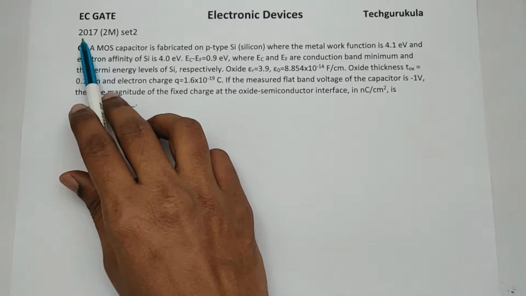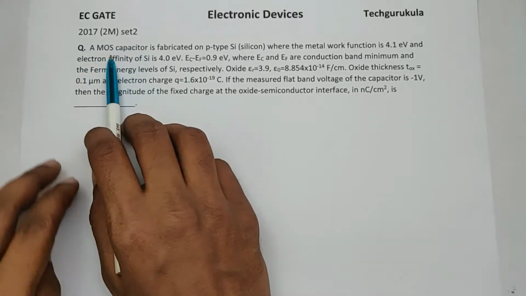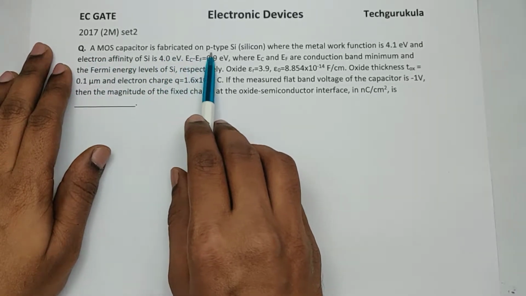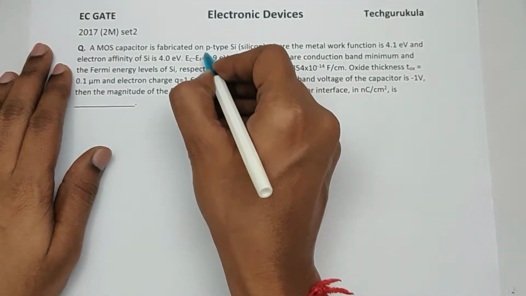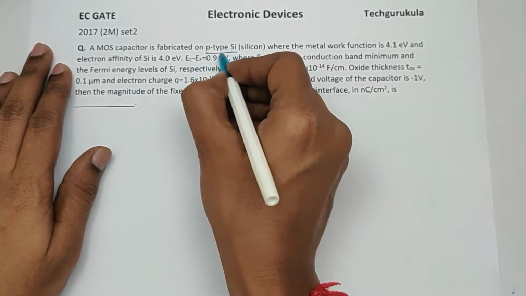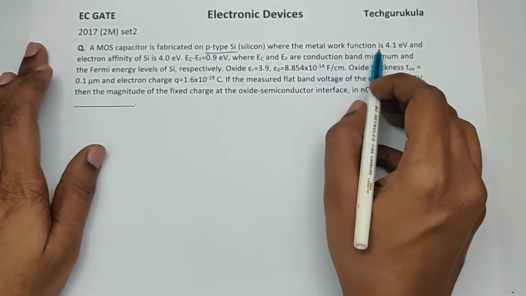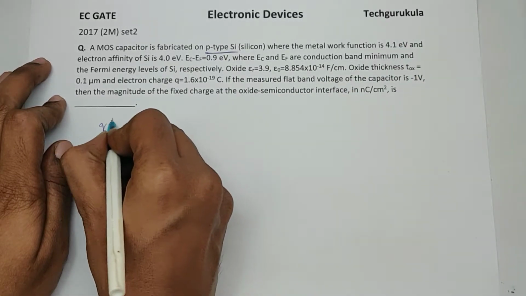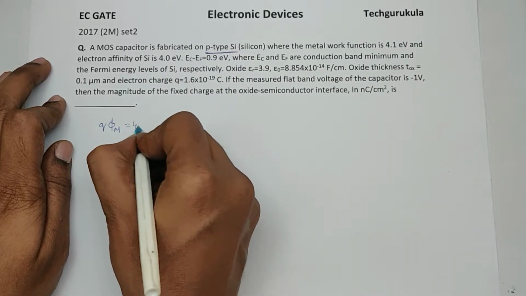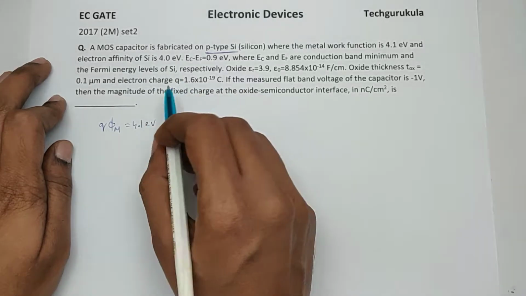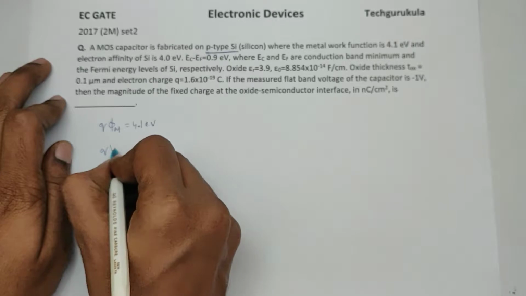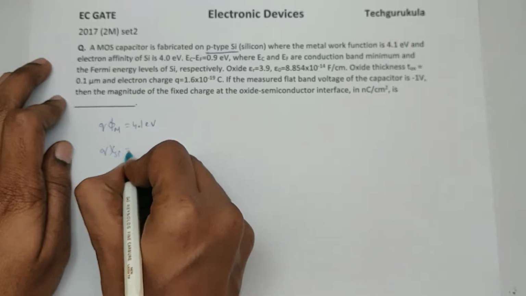This question was given in 2017 for 2 marks. A MOS capacitor is fabricated on p-type silicon, so the substrate is p-type silicon, where the metal work function q times phi m is 4.1 electron volts, and the electron affinity of silicon, q times chi silicon, is